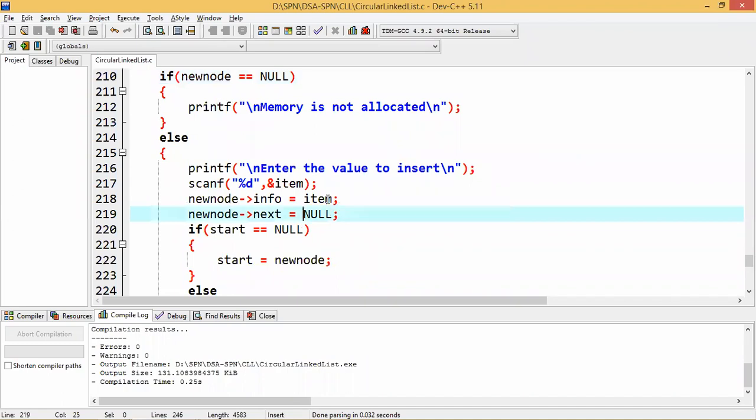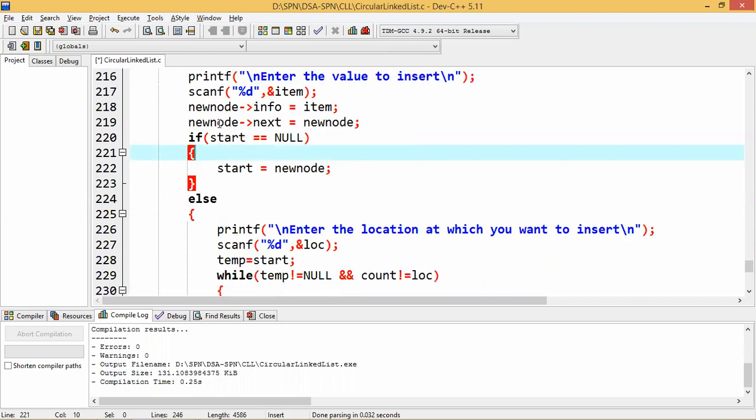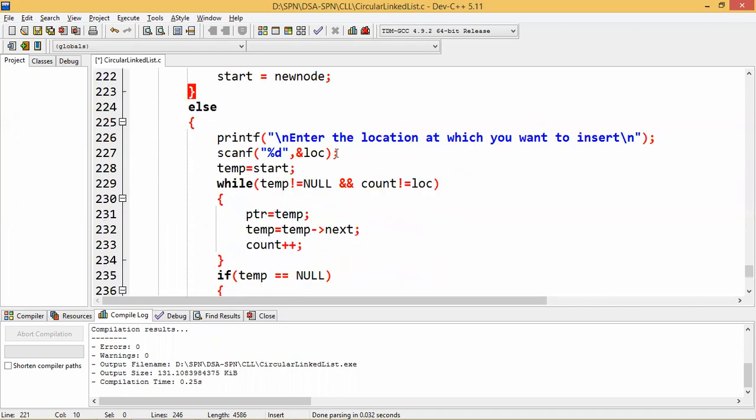But in the next part, I'll keep the same new node, because I'm assuming that if there is a single node, it will keep its own address in the next part. Clear? Then I'm checking whether this is the first node or not. If this is the first node, then start will keep the new node's address. Otherwise, it will go on inserting at a specific location.